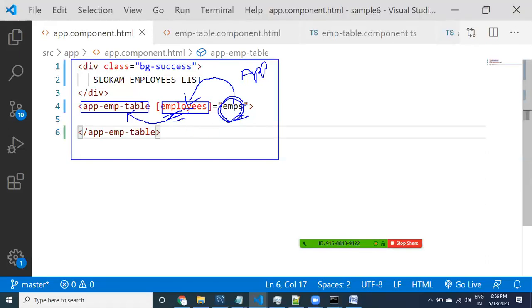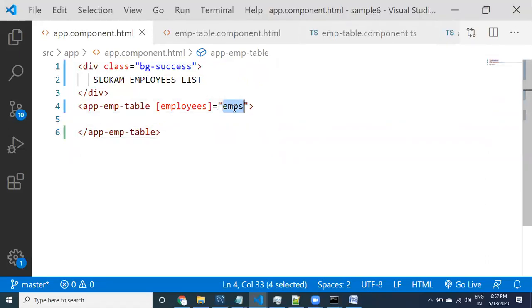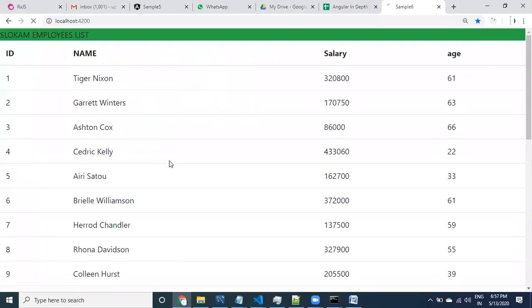So we are transferring data from the app component property to this property. This can be called property binding again. These are our own properties. The employee table is a table. Let's look at it. See here, guys, the data is displayed properly. How is data coming to here?